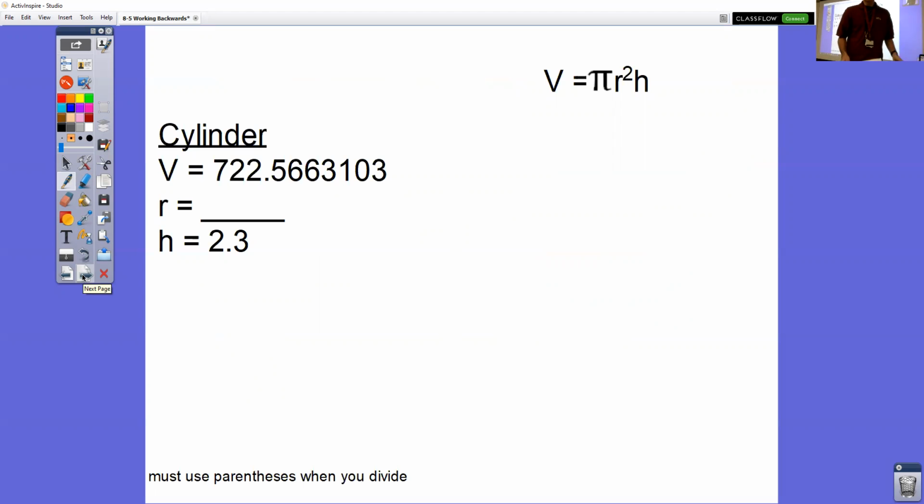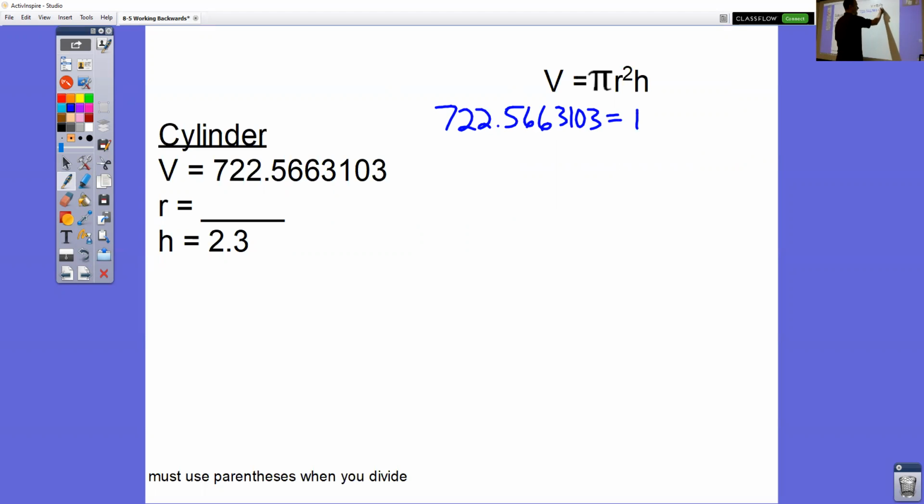So in a cylinder, you're going to be given the volume. All right, you're given that answer already. We're looking for the radius, and you're given the height. So I think it's very helpful to write down the formula first and sub in what you know first. So do we know the volume? Yes, we do. We know that the volume is 722.5663103. Yes, you have to write down that whole decimal, and yes, you have to type that whole decimal into your calculator. Equals